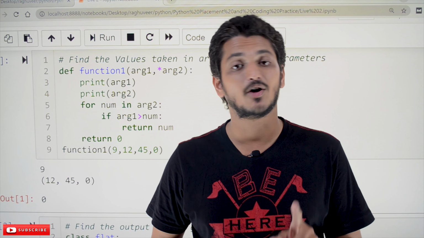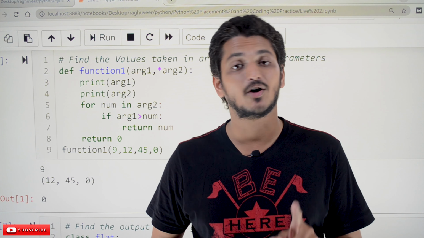Total rent is equal to self.flat_rent. What is the flat rent assigned? 7000 plus maintenance cost. What's the maintenance cost here? 300. 300 floor division of 2 means 150. So the total rent is assigned as self.flat_rent plus maintenance cost. What is that? 7150. So after executing this line, what's the total rent value? 7150.